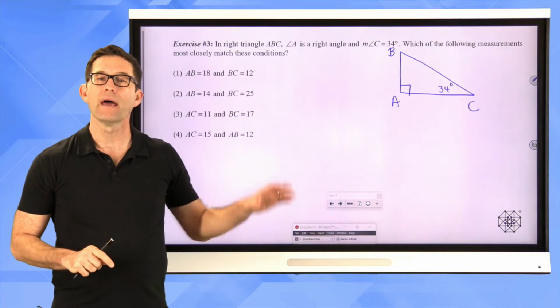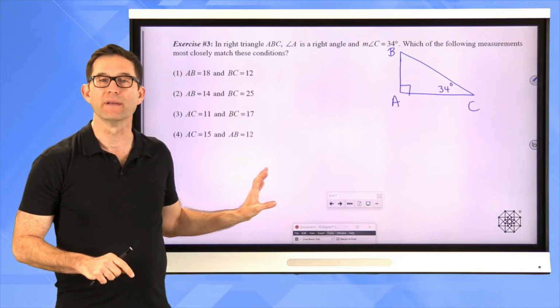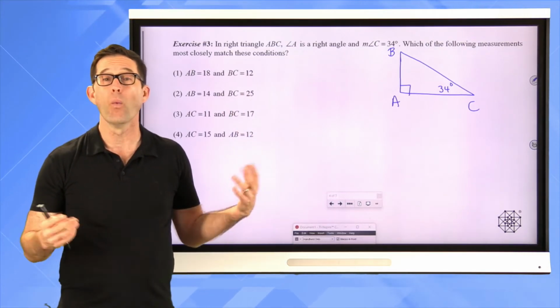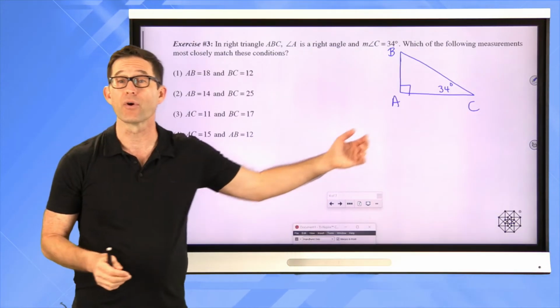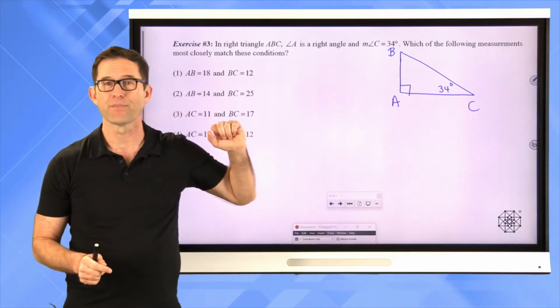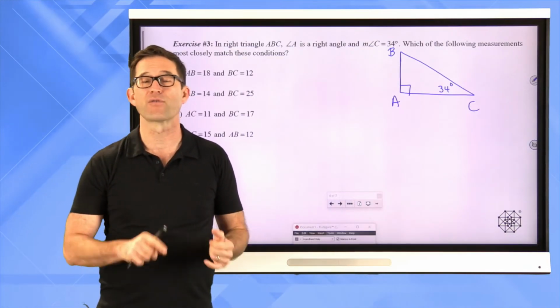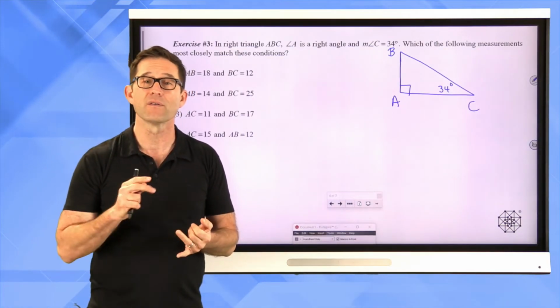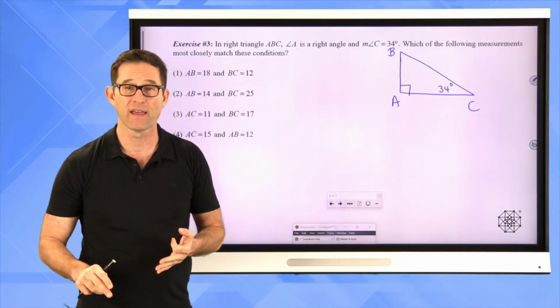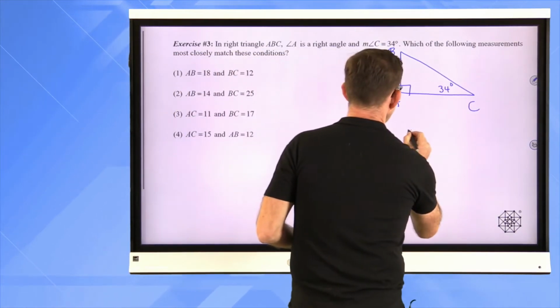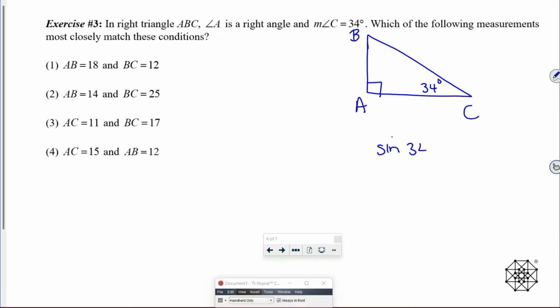Now, each one of these measurements will correspond to one particular ratio or another for angle C. But I think what makes sense is to right away just get some basic values for what the sine of 34 is, the cosine of 34, and the tangent of 34. So I'm going to write those down here. Sine of 34 degrees, cosine of 34 degrees,